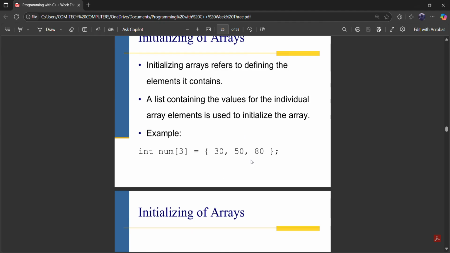Now, in trying to access the array elements here, when we type in one, it will give us 50. Why? Because the indices of the array elements start from 0. So 30 is 0, 50 is 1, 80 is 2, whatever size we give our